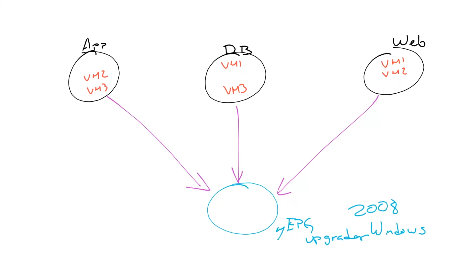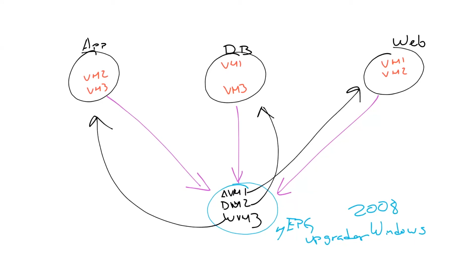So at the end, you're going to end up with VM1 from the application, VM2 from the database, and VM3 from the web. And then you can handle those three virtual machines and upgrade them. Once they no longer fit the microsegment EPG, because that microsegment EPG will only handle virtual machines running Windows 2008, whenever they come back with 2012, they will be automatically moved back to where they belonged at the beginning.